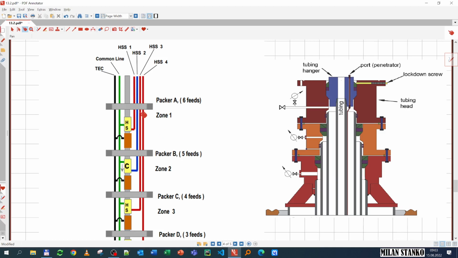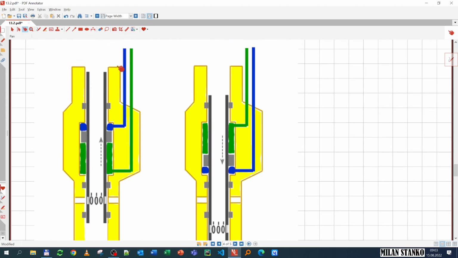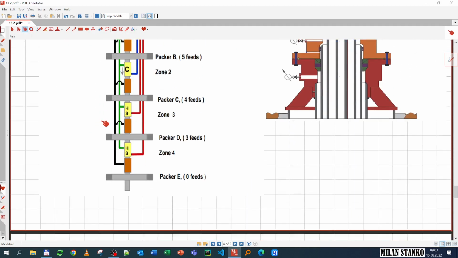And here you see at the top that creates also some issues, not only that you have to pass the hydraulic lines through the packers, but also you have to pass it through the tubing hanger. So you see here the line comes along the tubing, and then you need to have a port in which that hydraulic fluid is connected to the surface, because remember that's what we need to push hydraulic fluid on one side and return it through the other,